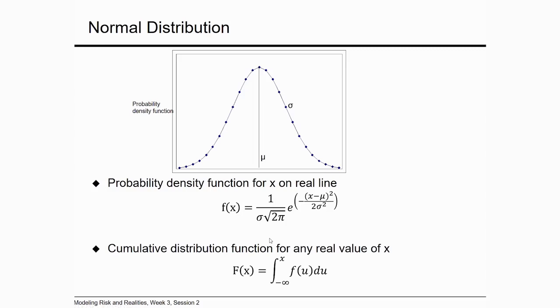If you are looking for the theoretical formula for this curve, it is given by the small f of x below, which is a ratio of 1 over sigma times the square root of 2 pi, with exponential raised to the value of the random variable away from the mean squared divided by 2 sigma squared. The density function of course looks complex, but can be calculated on Excel. Similarly, the cumulative distribution function gives you the integral of all possible densities from negative infinity up to that value